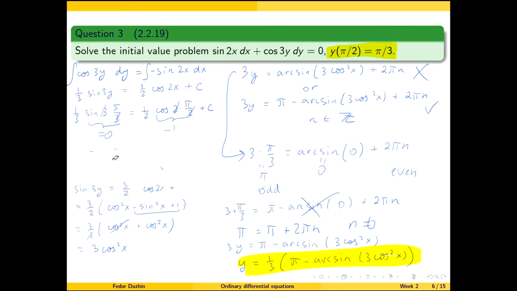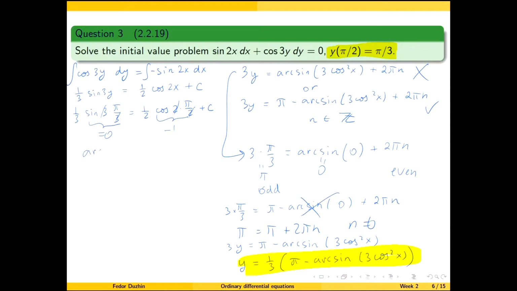in differential equations, it is always very important not just to find the answer in a closed form, but also to figure out the domain of the answer, right? So what is the possible set of values of x for which the answer is well defined? And here we may have a problem. So the problem is that